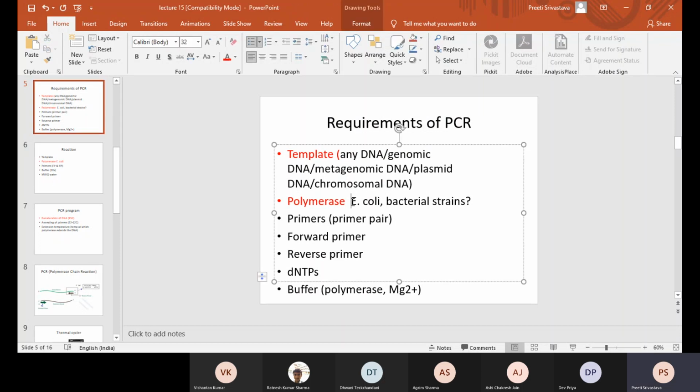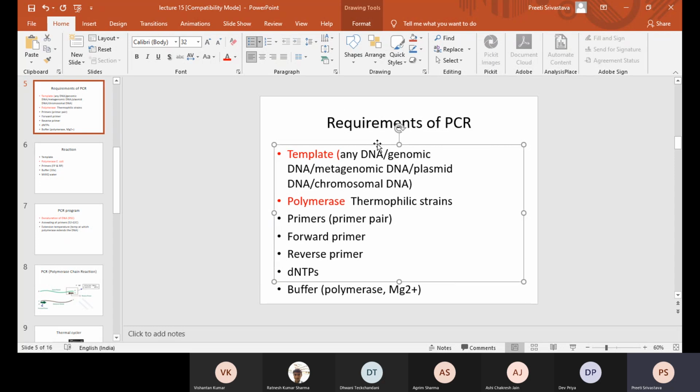So therefore, class, we do not use E. coli polymerase. Otherwise, E. coli polymerase is equally good, but it cannot withstand such high temperatures. So the polymerase that is used is obtained from thermophilic strains, that means the strains which can tolerate higher temperature, right?